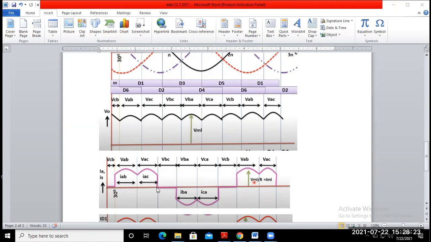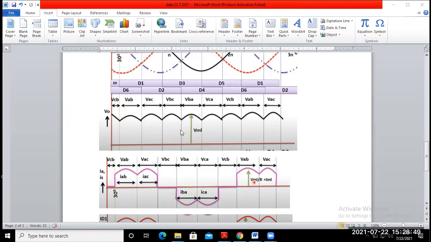From this one to this one, that means 150 degree to 210 degree, diode 1 does not conduct, so the current becomes 0. And again from this point it conducts in reverse, that means IBA.